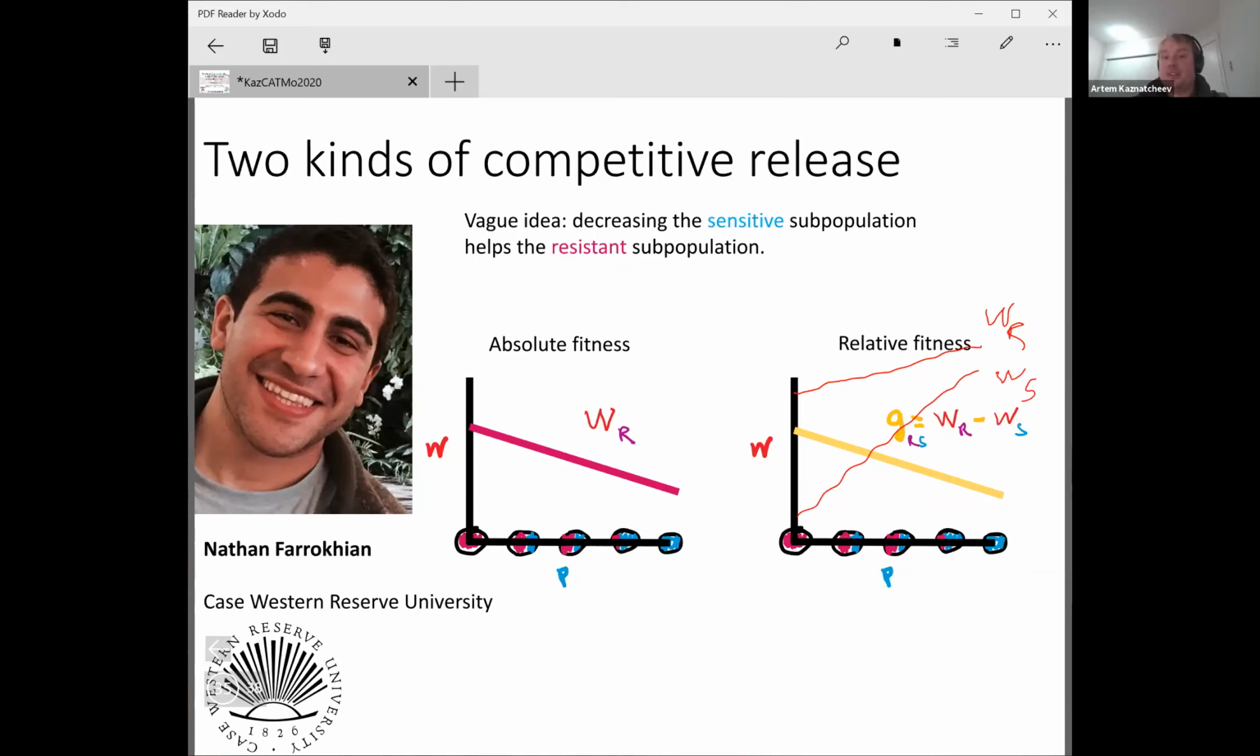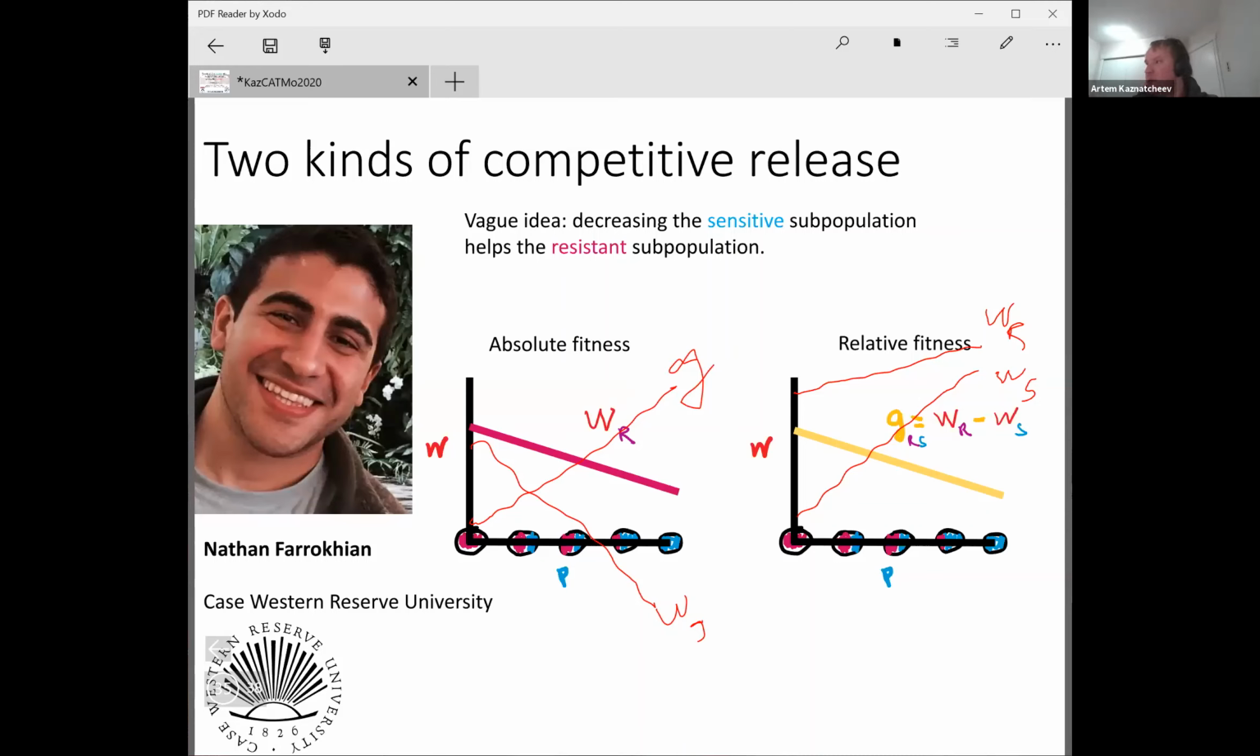And similarly in the absolute fitness, we could have had all kinds of weird slopes for the relative fitness. For example, if W_S went down faster than W_R, then you'd get a gain function that's going upwards. That's the gain function. So these are two different definitions,